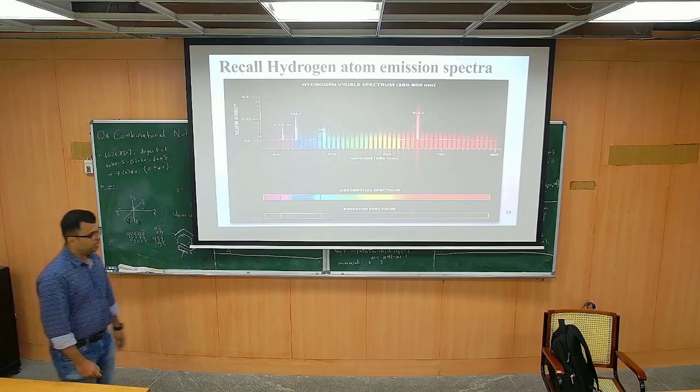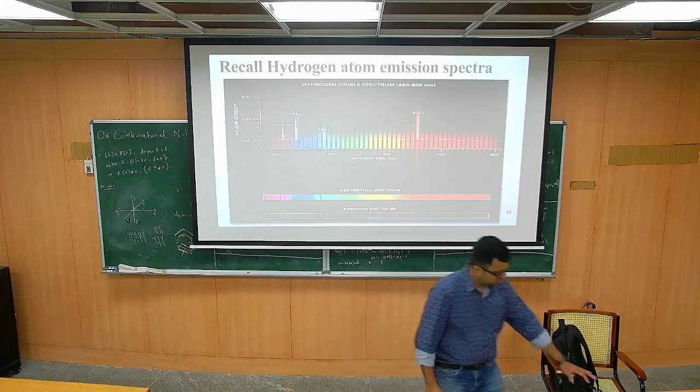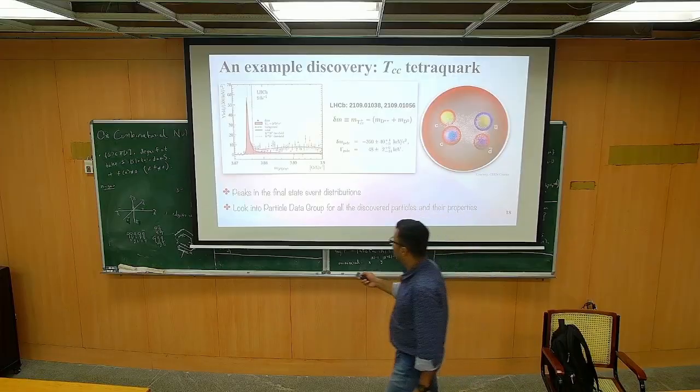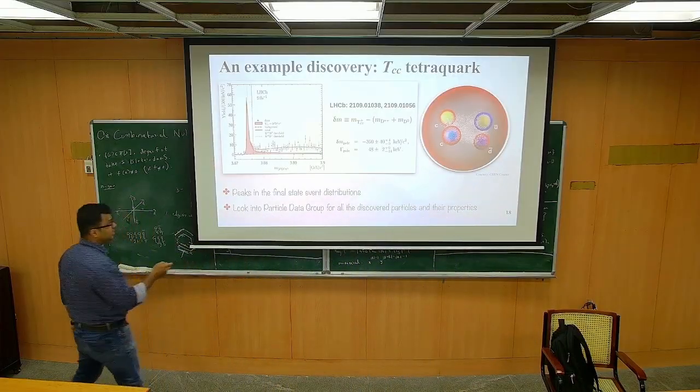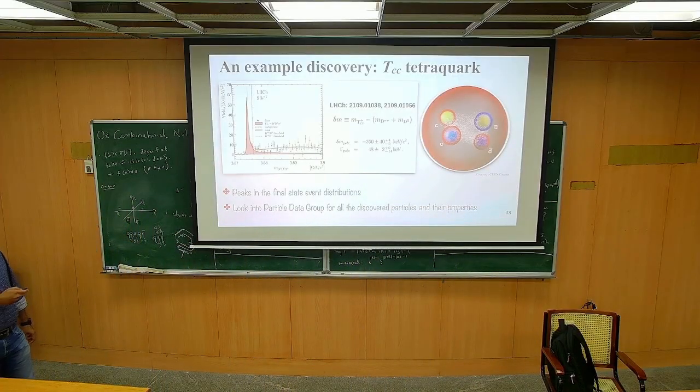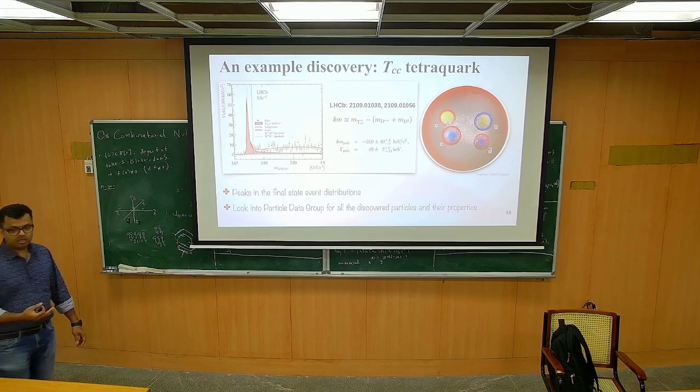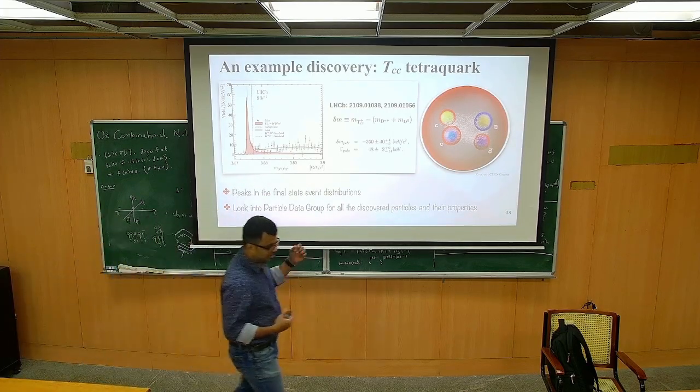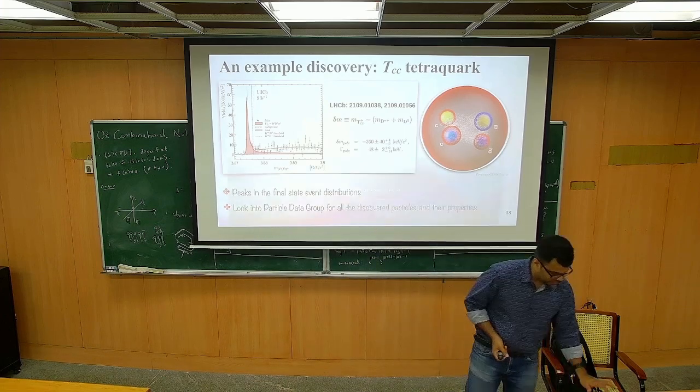Okay, and if you now look back into this figure, the x-axis is the energy of these states, and this is simply the intensity. Yield is basically the intensity. So you are looking at the intensity peaks in the final state spectrum.